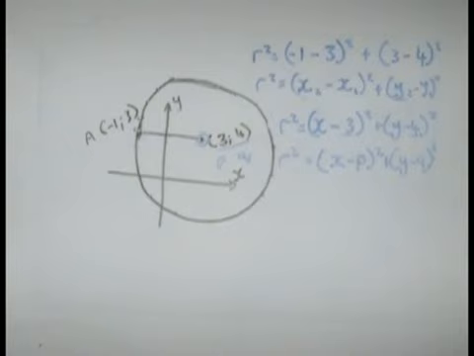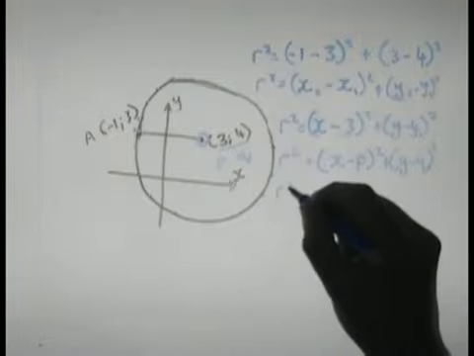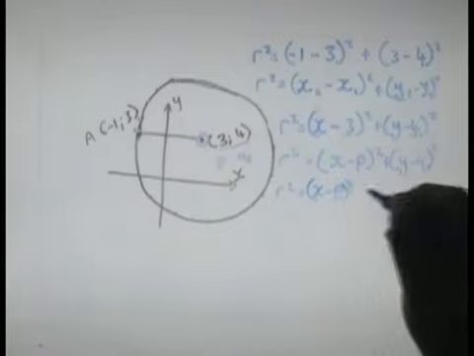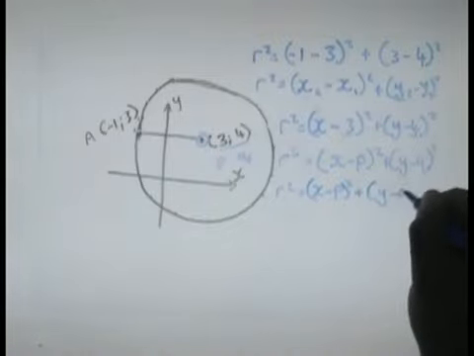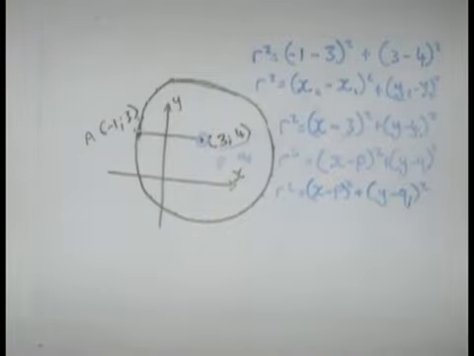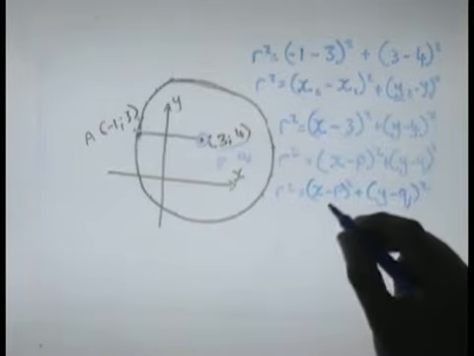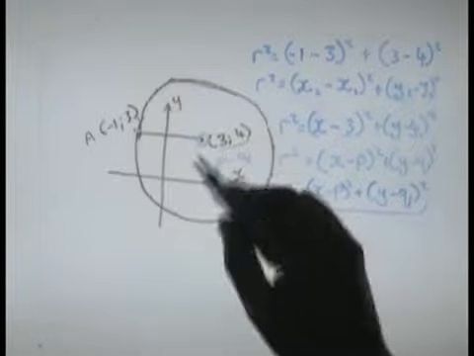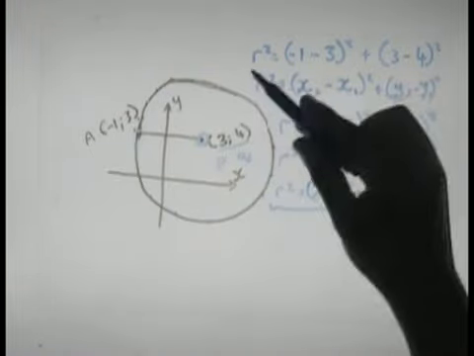That means that the equation of a circle not centered around the origin is going to read r squared is equal to x minus p squared plus y minus q squared. Problem with this though is, well, this is the standard equation. In relation to this example, my r squared